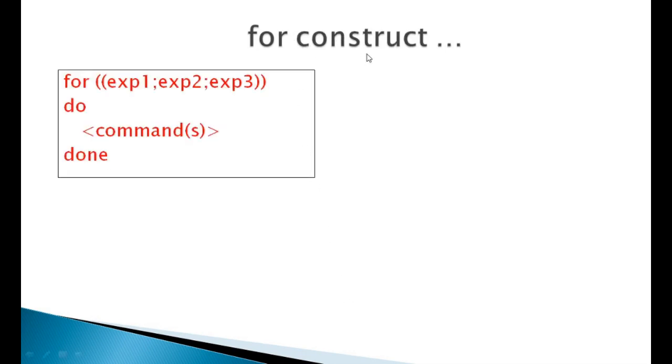There is another variant of the for construct: for ((expression 1; expression 2; expression 3)) commands. This is somewhat similar to the C construct except for the double parenthesis at the beginning and the end. So expression 1 is the initial expression, that is initialization, and expression 3 is for the increment or decrement purpose, and expression 2 is the controlling expression, or when the condition is not satisfied, control will come out of that.